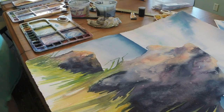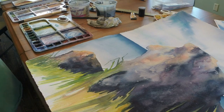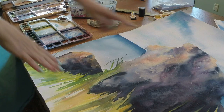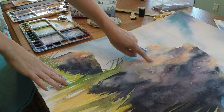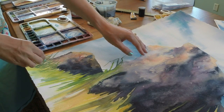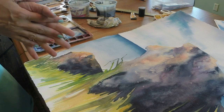Okay, so this is my desk or my table, and I actually have two giant tables here, and as you can see, I'm working on a big painting. This is actually a full sheet of watercolor, and I've been experimenting with rocks. And what I want to talk about today is the beautiful colors that I got in my rocks, this warm kind of apricot tone. And actually I usually say apricot, so I don't know who I was trying to impress there. Anyhow, this